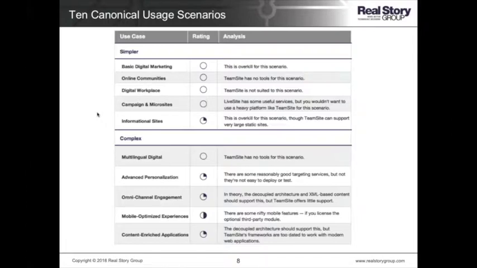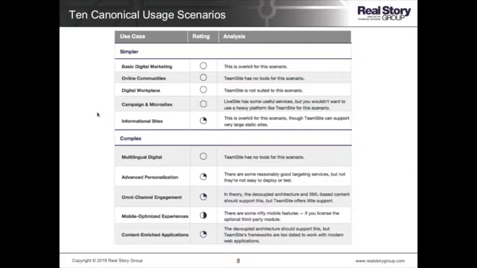This is looking at the OpenText, formerly Interval and Autonomy HP team site. What is it good at, right? And the reality is that no WCM vendor is going to be really good at more than 2 or 3 of these, because to be good at one often means that you're weaker at another. And so it's really finding the sweet spot. What does the vendor want to do well, and what is it not going to do so well that I may have to contort it and push it and basically kind of bastardize it to fit my use cases.